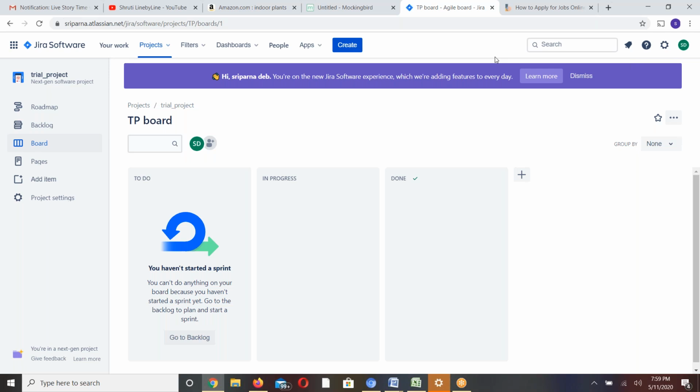Okay, I need the control, Sriparna, so let me request keyboard and mouse control. Yes, I requested keyboard and mouse control. Okay. Thank you so much, and just give me a moment.